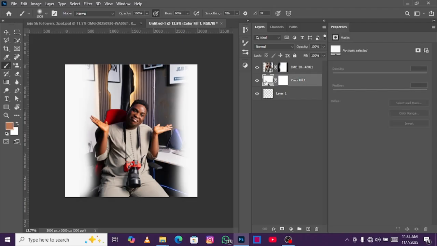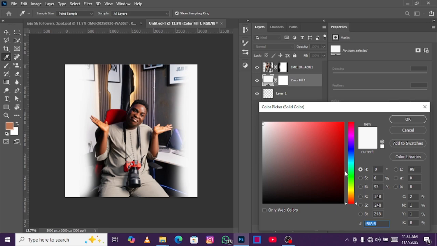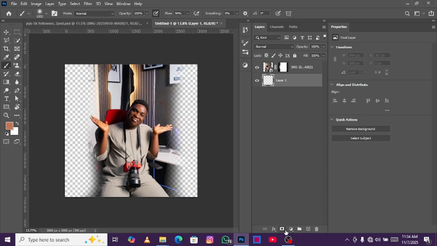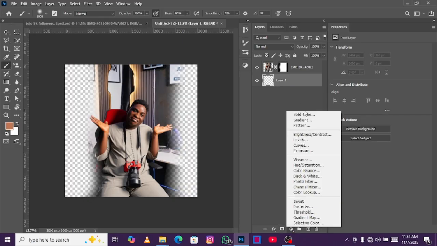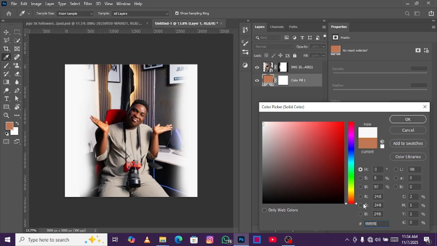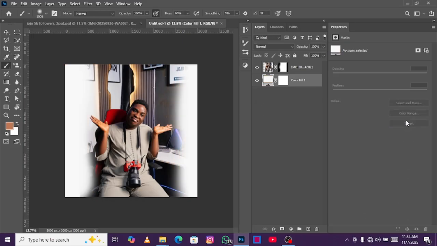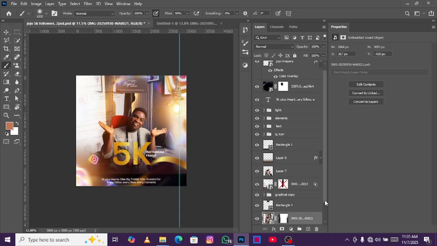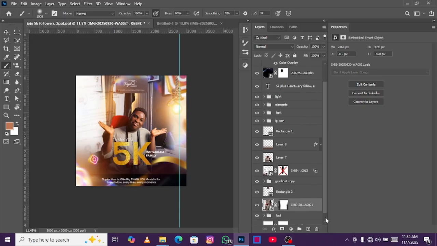Okay, let me come back to this part, let me just copy the color palette so that I'll show you how I made it. Ctrl C for copy and let me delete it. Now if you want to create that, go to solid color and Ctrl V to paste the color code. You can see now this is the color code F8, F8, F8. Now let's go back. All right, the next thing I did,